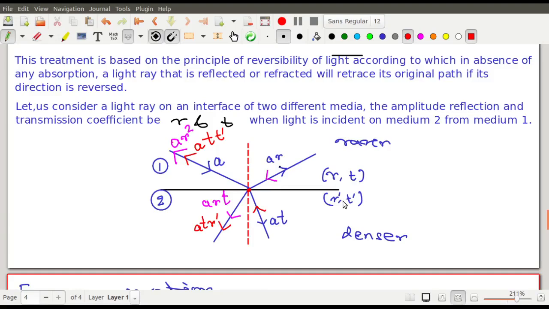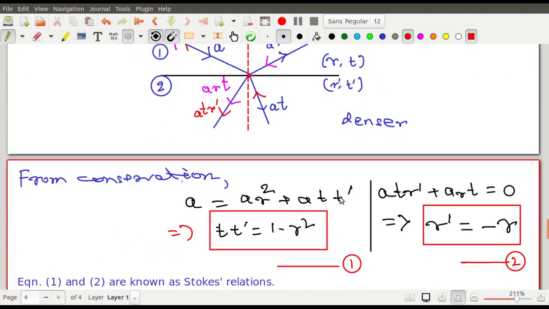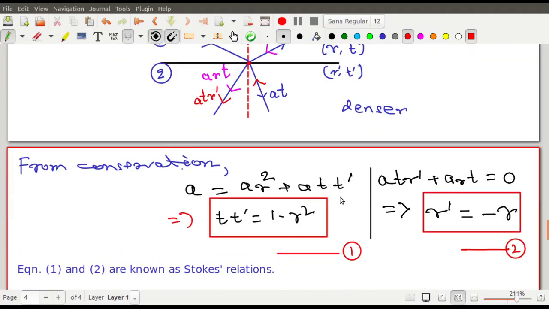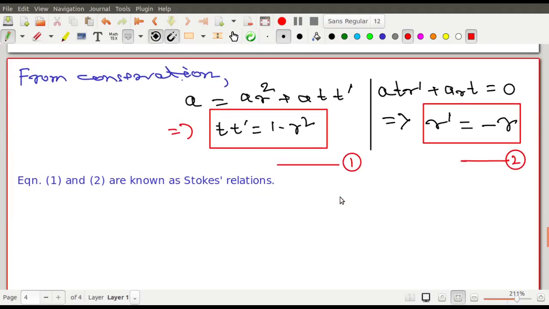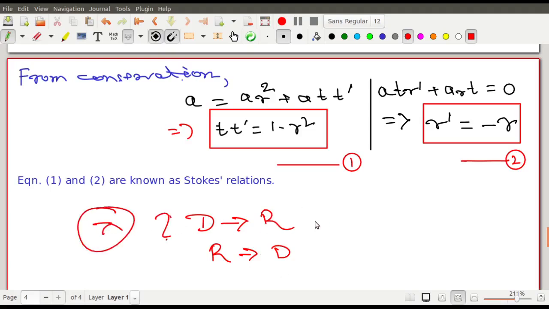Now the question is: when does the minus sign come? Minus sign মানে the opposite phase, এটা আমরা জানি, we know that minus means opposite phase, maxima becomes minima, plus 5 becomes minus 5. Now the question is that this minus sign is associated with whom: when the light is traveling from denser to rarer or when the light is traveling from rarer to denser? So this pi actually appears when, কখন পাইটা আসে, ডেন্সার থেকে রেয়ারে নাকি রেয়ার থেকে ডেন্সারে,